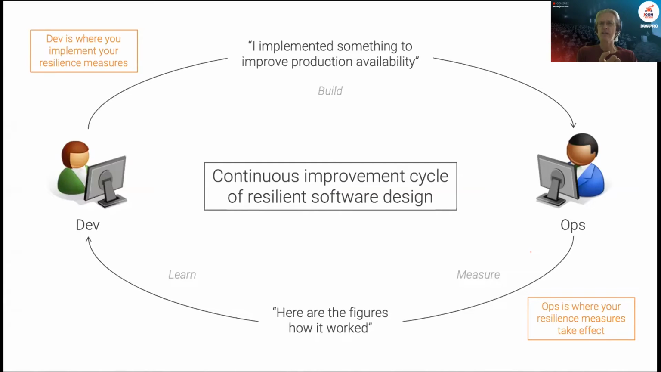Well, it wasn't exactly what I expected, so let's change a little bit. Here, that's how it's working well now. And now it's good, and now let's move on to the next one, and so on. So it's this build, measure, learn cycle, a full feedback cycle that you need to continuously improve your resilient software design. Now, if you build up this wall,